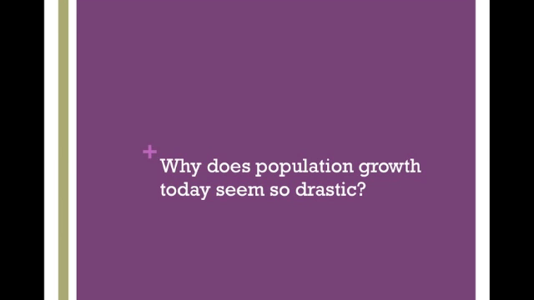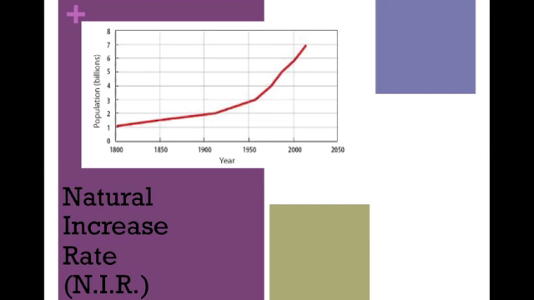Today, we hear overpopulation come up here and there, but not very often. Before, it wasn't even being mentioned, but today it seems much more drastic. Why is this? Well, to answer this, we refer to the geographer's principle of the natural increase rate, or NIR, which compares the population in billions to the year. As you can see, we had the first major jump or increase in the population around the 1950s. This was due to the end of World War II.